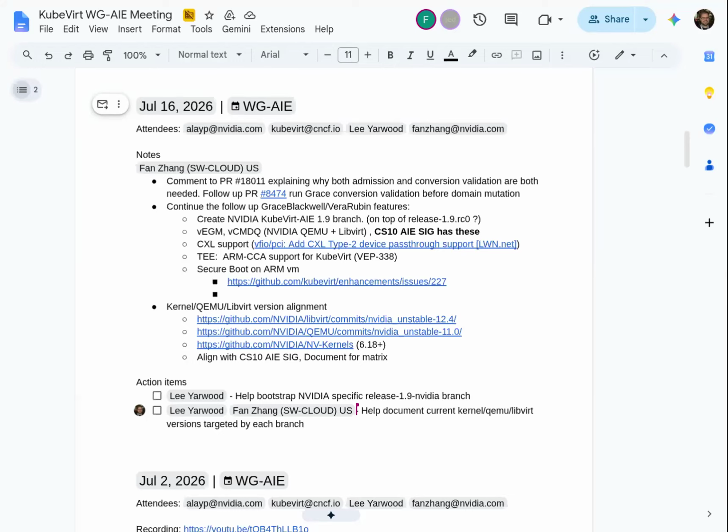Yep, sorry, double muted. So it's pretty much done. It missed 1.9 unfortunately because the dependencies landed in CentOS Stream 10 on the day of the original code freeze. And the PR up until that point had been using Virt Preview to pull various bits and pieces in.